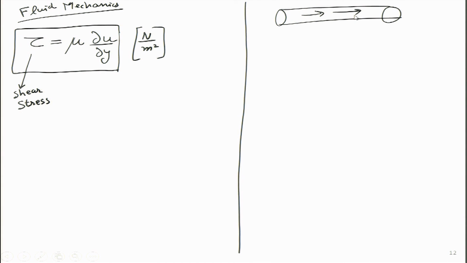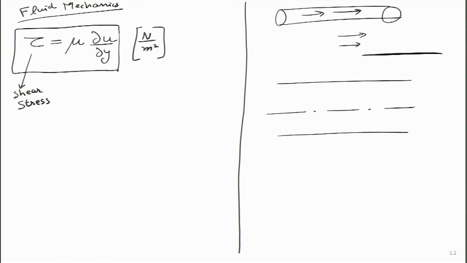This is the first case, and the second case is if there is a flat plate somewhere over here and then flow is taking place above it. So, inside the pipe, if I draw that in more detail, we will make some classification of flows as well, and over here what we will figure out is if the flow is laminar and it is fully developed, then the velocity profile inside this particular pipe actually becomes parabolic. So, it becomes something like this.